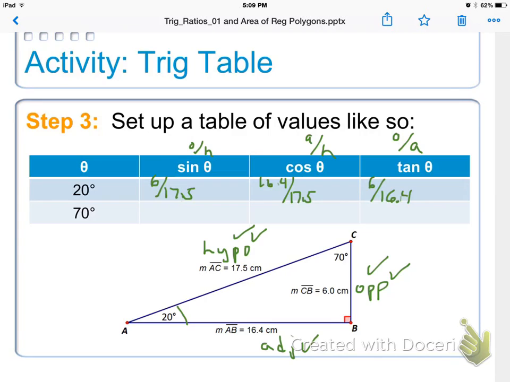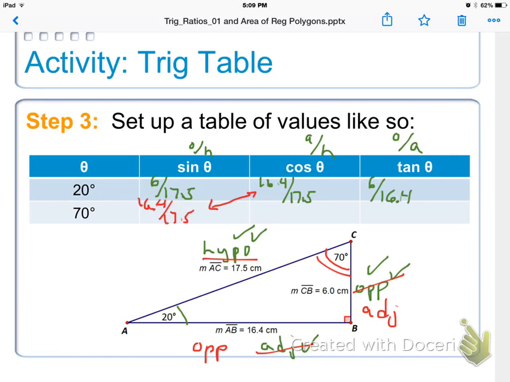Let's do the same thing, and change the colors here. Do the same thing for 70 degrees. If I make 70 degrees my reference angle, then this becomes the opposite, and this becomes the adjacent, and the hypotenuse stays the same because it's still opposite the 90-degree angle. Okay, so now I'm going to do it. It's opposite over hypotenuse for sine. So opposite is 16.4 divided by 17.5. And you notice, that's the same as the cosine of the 20